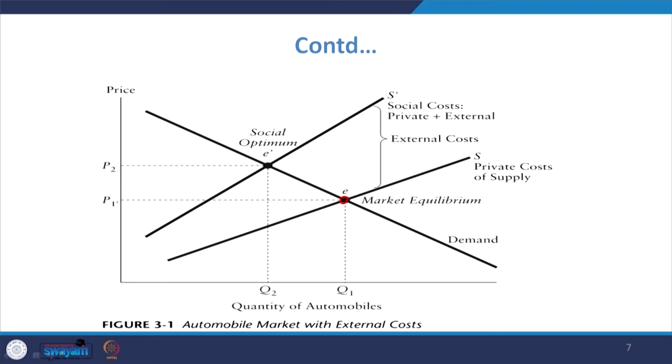Now, if we want to include the marginal external cost or externalities, then the supply curve will shift from this private cost to a new supply curve, which is also known as marginal social cost. And marginal social cost intersects the marginal benefit curve at point E1. So, movement from E to E1 is at a higher level of price and lower level of quantity. So, obviously that reduces the pollution in the